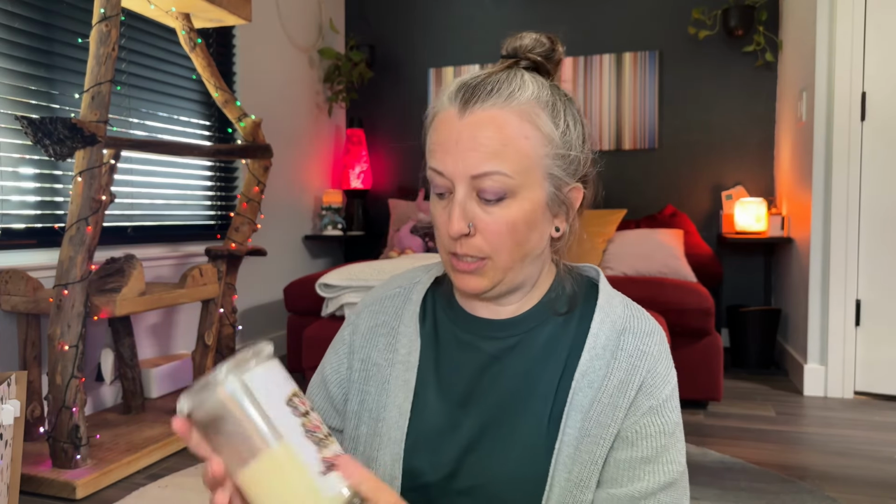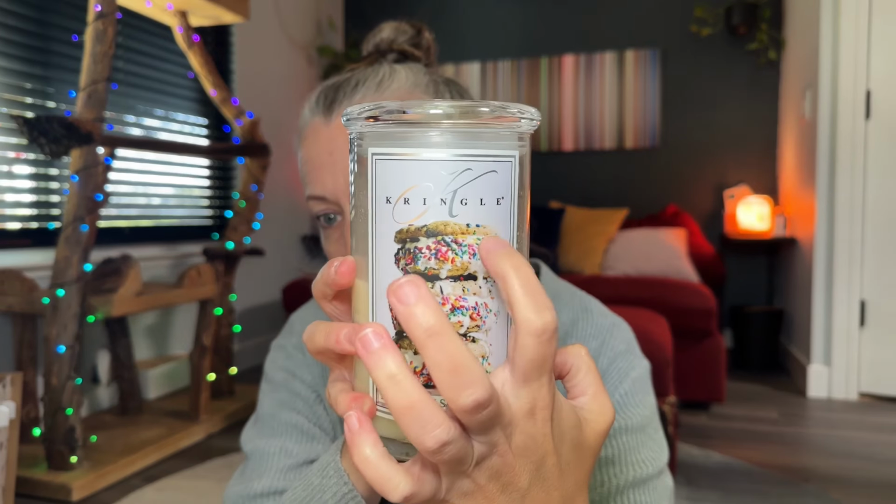Now, I know that other people online have said that this is a coconut candle. I've heard people say that the chocolate note in this warms up really well. And I don't know if it's just my version or it's my nose, my subjective interpretation, but to me, on warm, this is a macadamia nut candle. You could convince me that this is a macadamia nut cookie and that that's the fragrance that I'm picking up on,